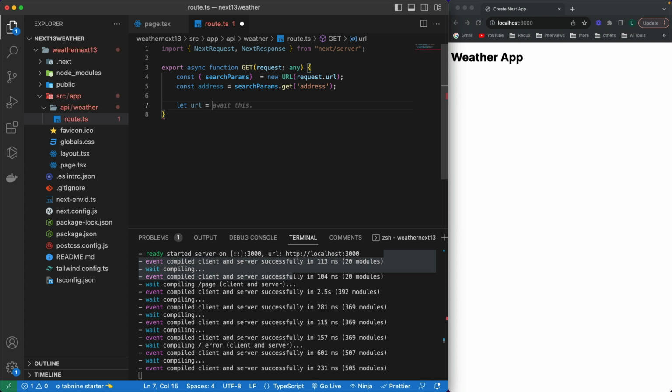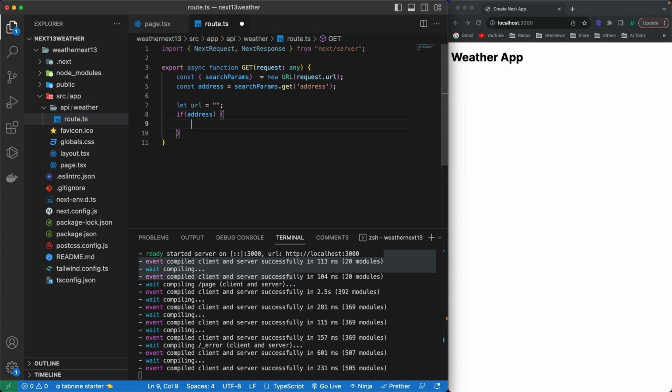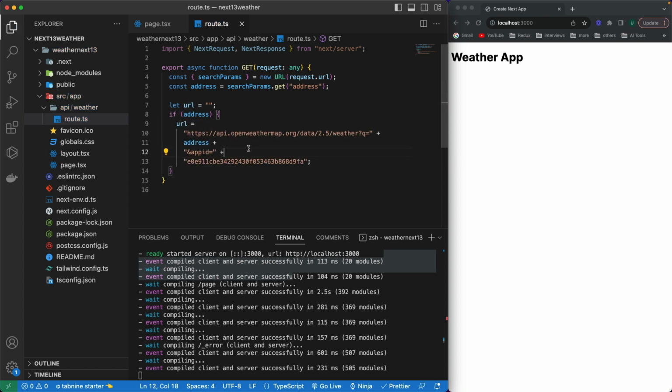Let's add url equals to this, and I'm going to check if the address exists. Then I'm going to construct that URL. For constructing that URL, I'm going to copy paste a code from my notes. So this is the URL that I need to construct, and after that I'm going to add an else, and inside it I'll be constructing another URL, for a particular city of the current location. Currently if address exists, it means that we want to fetch the weather data using an address. An else statement will be used if we don't have the address actually, but